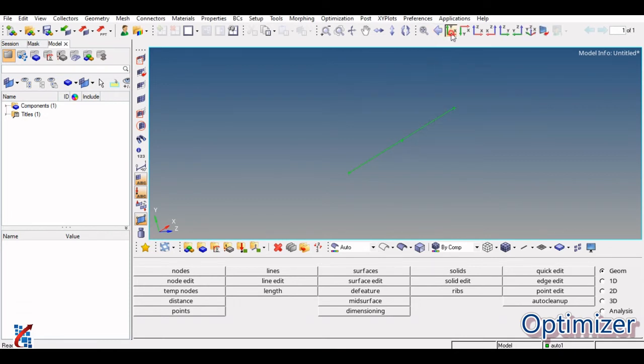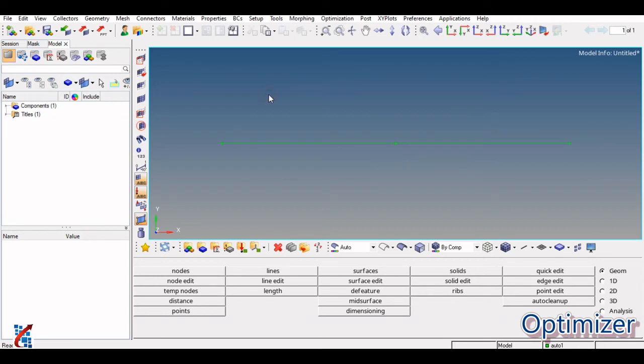Now there are different planes. From this you can change the orientation, that is XY plane, then ZX plane. So in which orientation you want to see the object, that you can select from this one. If you want to see the isometric, you can click on this one. So these are the basic things you need to know before the start of the program. These are different controls we have discussed now.